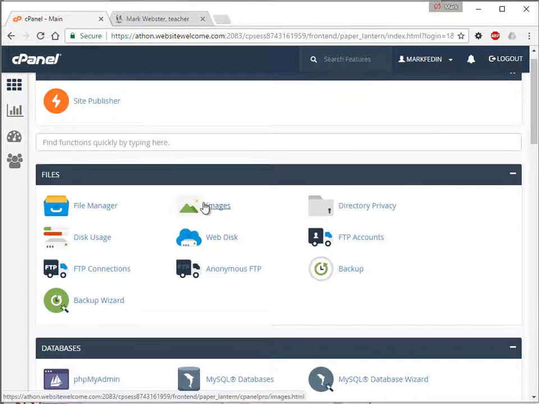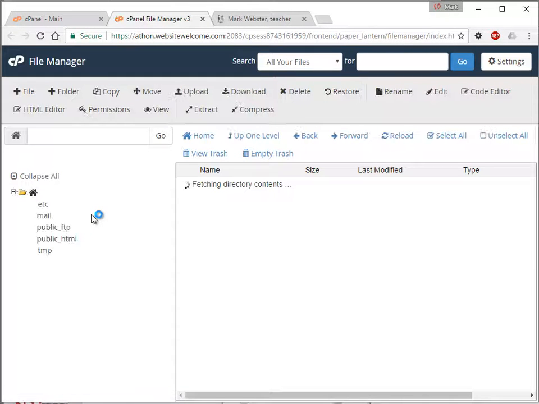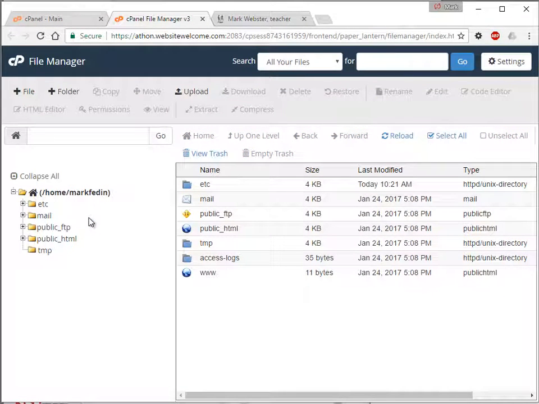So anyway, right at the top, under Files, you'll see File Manager. It looks like a filing cabinet with some yellow folders in it. Click that link. Okay, so here I am, and notice how it says home/Mark Fedin. We're in that account. Over here on the right, there is a series of basically buttons that you can click,